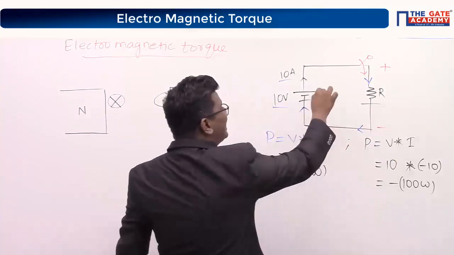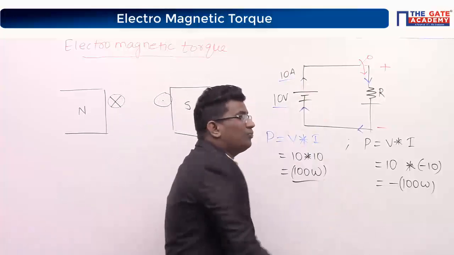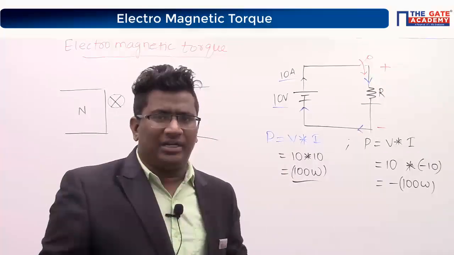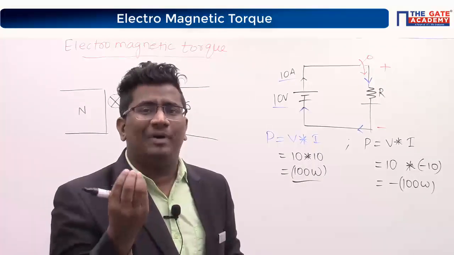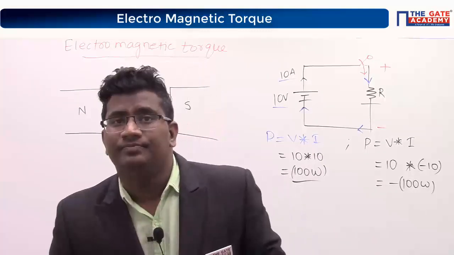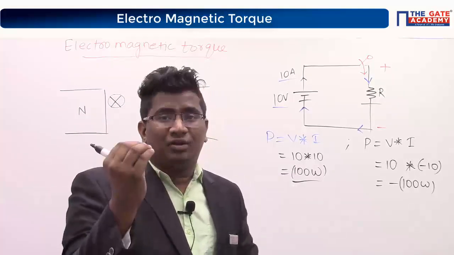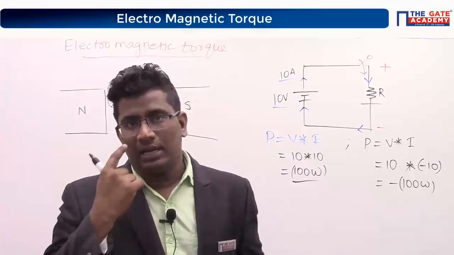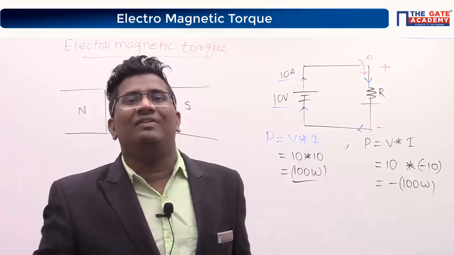Your source is generating the power, correct or not? That is why it is output as positive power. Now you tell me. If the source, or any object, has positive power, does it mean that voltage and current will have the same polarity or different polarity? Power is generated means both voltage and current will have the same polarity.